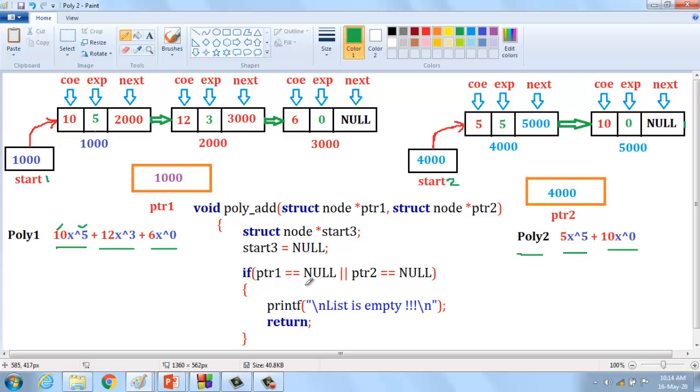If ptr1 equals null or ptr2 equals null, the list is empty. When we add two polynomials, we get a resulting polynomial. Here we represent two pointer variables: ptr1 as well as ptr2.